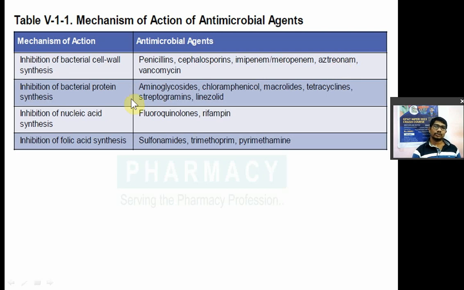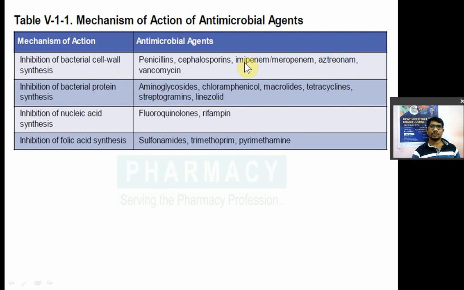Now the next one is vancomycin. Now what is vancomycin? Vancomycin is an antifungal drug. We have already seen the classification of antifungal drugs also, so please go and watch those videos too. Vancomycin will create pores in the membrane of the cell wall of the bacteria. So it will create pores or holes that lead to leakage of the cell content to the outside. That leads to death of the bacteria, or the death of the fungus. So vancomycin, being an antifungal drug, creates pores in the cell membrane, right?